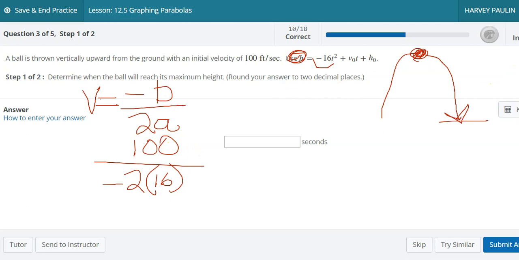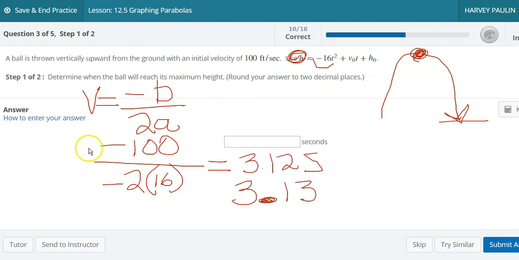So let's take some time to work this, and I will do it. So that's a negative B. So it's a negative 100 divided by a negative 16 times 2, which is a negative 32. So this will become a positive here. When we do our division, we get